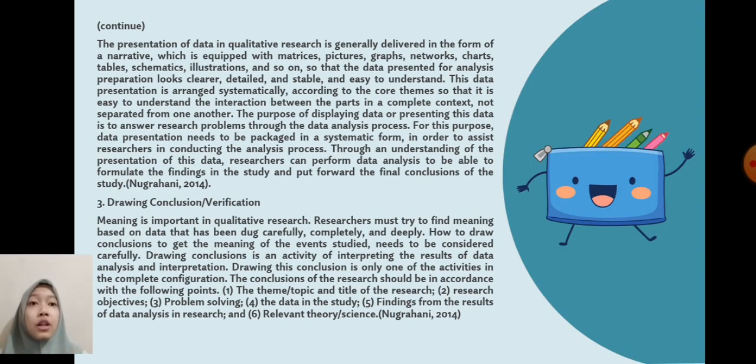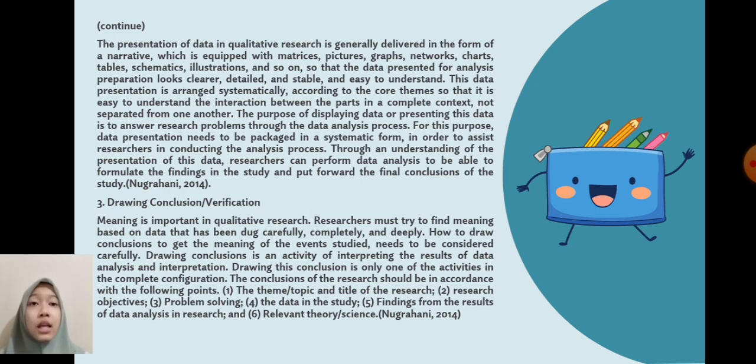The presentation of data in qualitative research is generally delivered in the form of a narrative, which is equipped with matrices, pictures, graphs, networks, charts, tables, schematics, illustrations, and so on, so that the data presented for analysis preparation looks clear, detailed, and stable and easy to understand.